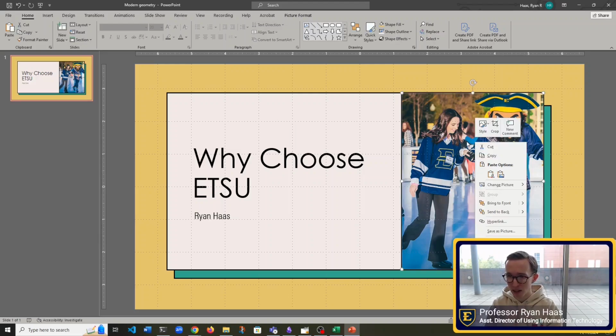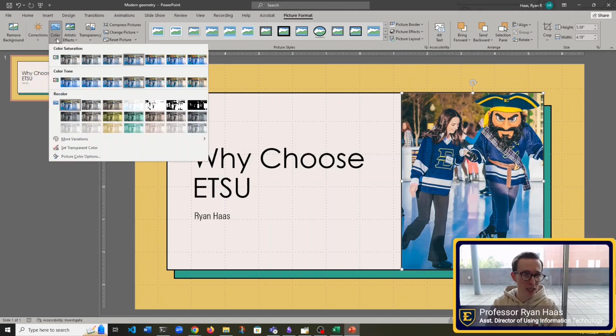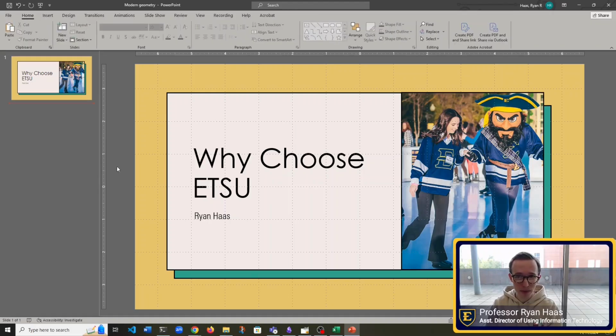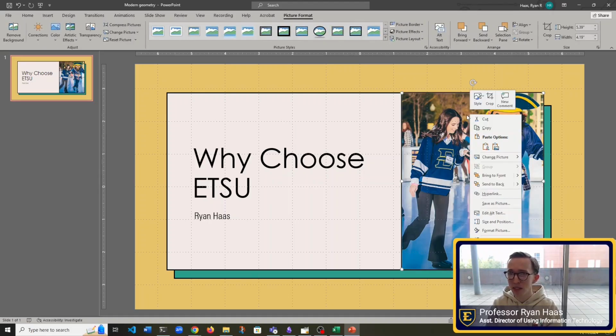And if I right click on the image and I go to picture format here, you'll see I have all sorts of options. And what's cool is you can even correct the color and choose color options that are more suitable to maybe your theme colors in your background. You can also do all kinds of cool things with this.